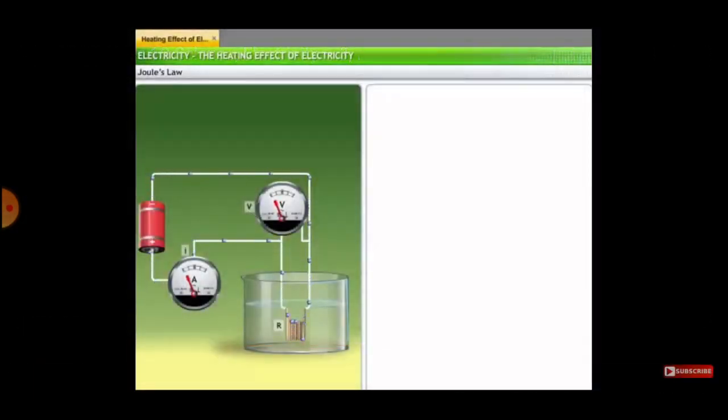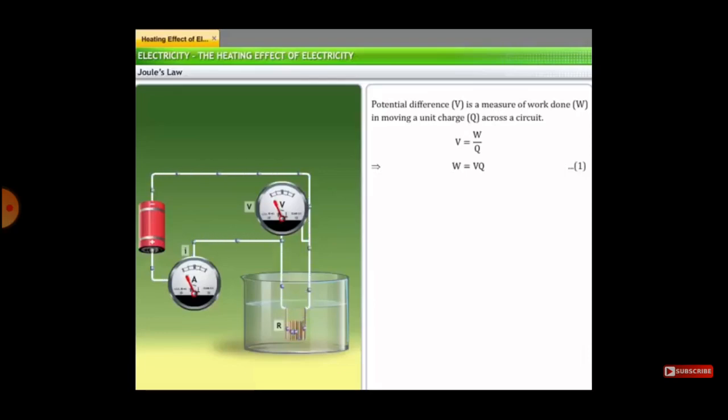Consider an electric circuit with electrolytic solution, in which the potential difference V is nothing but the measure of work done in a unit charge. Already we have seen this in electric potential difference. So according to that, the electric potential V is equal to work done divided by charge, that is W by Q. So from this we can alter the expression for W. So W is equal to V into Q, that is, work done is equal to the product of potential difference and